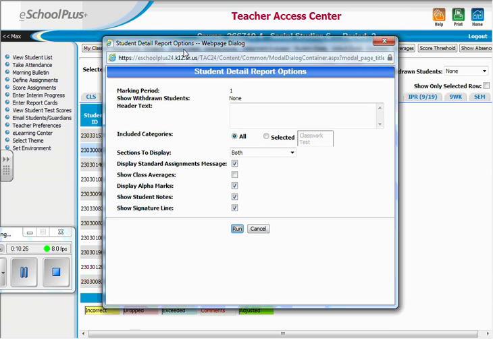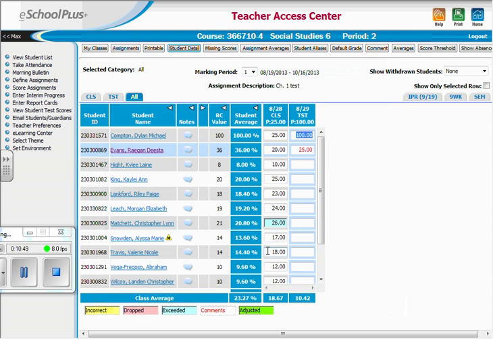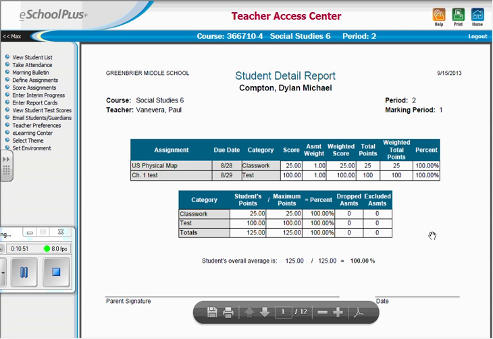In the student detail, I can pick a student or every student if I wanted to print my own progress report. I probably want to leave class averages off, but I want to display both the assessments and the student averages, so I select both there. If there are any notes, and then the signature line, I click run, and it's going to generate a